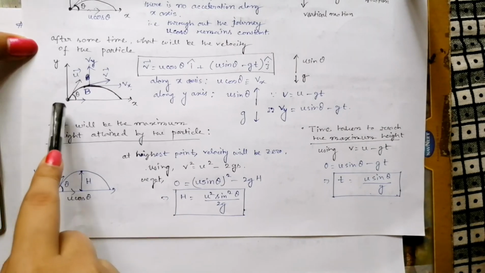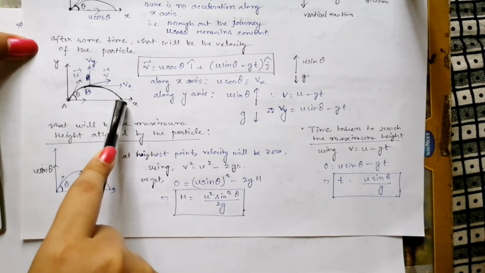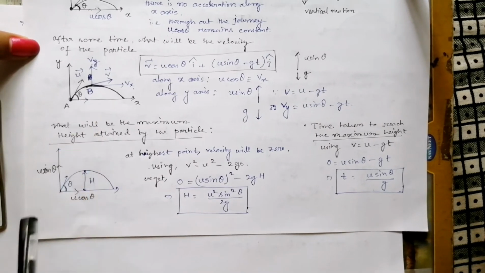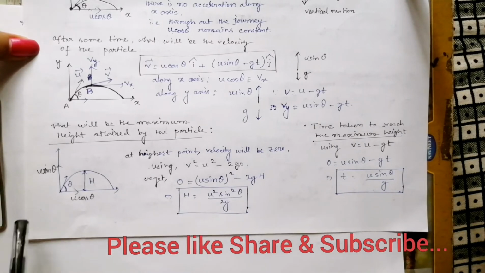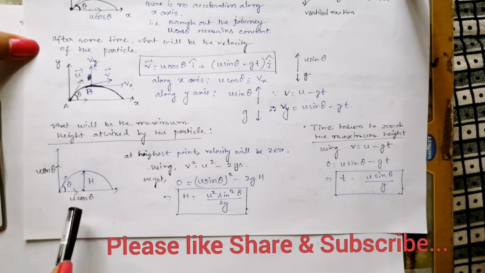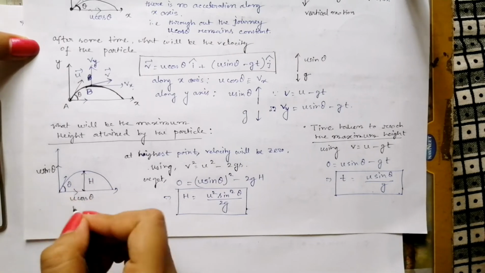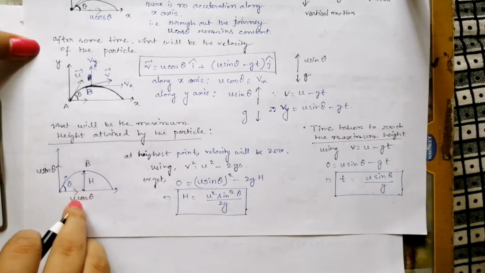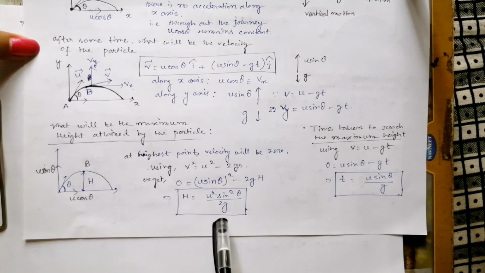Now if someone asks what the maximum height attained by the particle is, as you can see, the particle from here will go up to this point and again drop to the ground. So what will be this maximum height attained by the particle? Here I am trying to tell you the formula of maximum height. I have again drawn a diagram. u cos theta is along the x-axis, u sin theta is along the y-axis, and theta is the angle with the horizontal. Let this point be B. The maximum height h attained by the particle is h equals u square sin square theta by 2g.